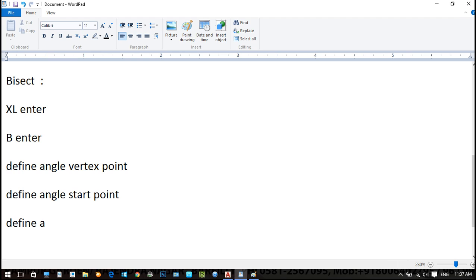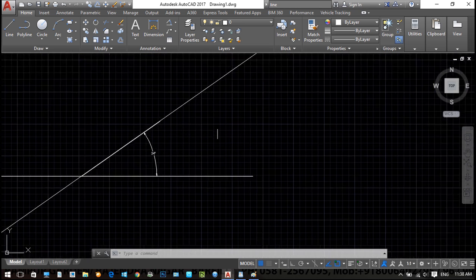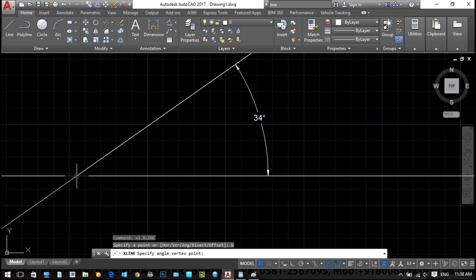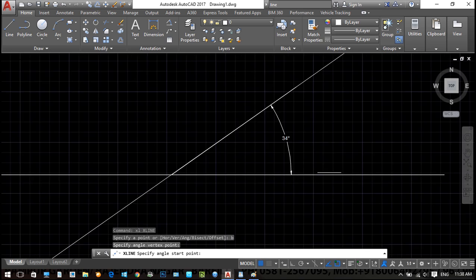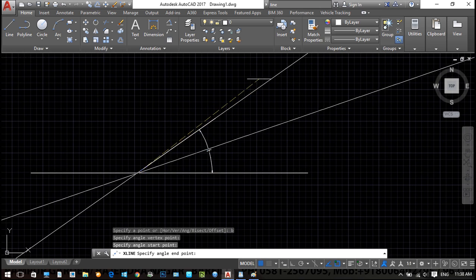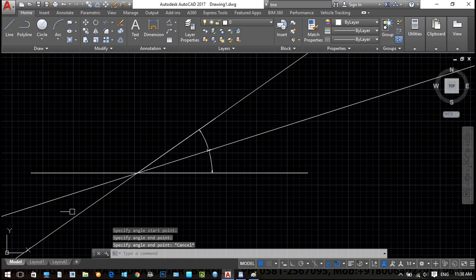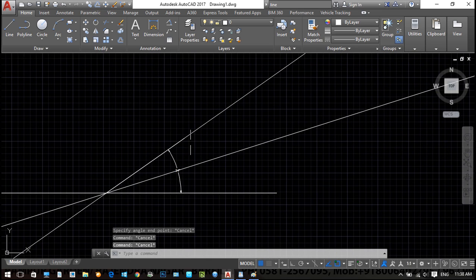Define angle, end point. Angle, vertex point, start point and end point. Just like this. Excel enter, B enter. Vertex point is this, starting and then ending. Create a bisection in both the lines.